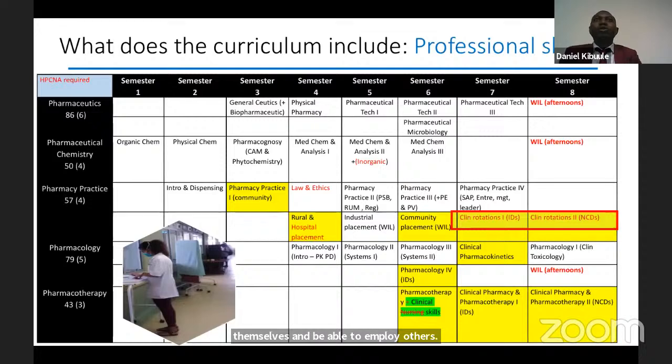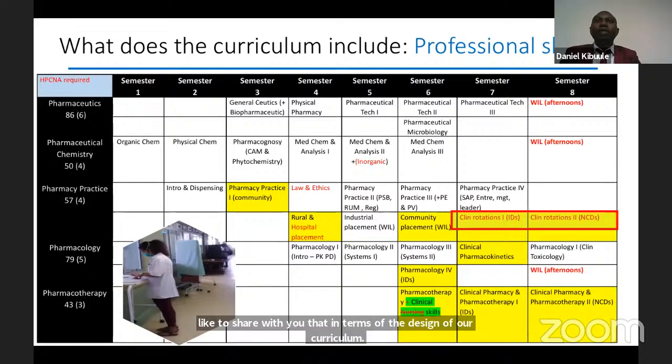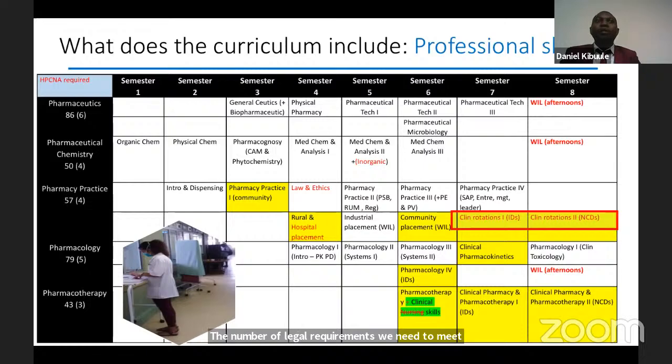All right, so in terms of our curriculum, our focus is on professional skills and how we are achieving that. I would like to share with you that in terms of the design of our curriculum, there are a number of legal requirements we need to meet as specified by our Pharmacy Act in terms of what the content should be. So on the far left, you'll see the Health Professions Council of Namibia requirements, where they need a Bachelor